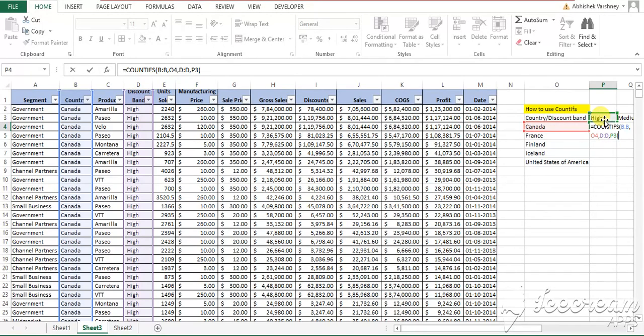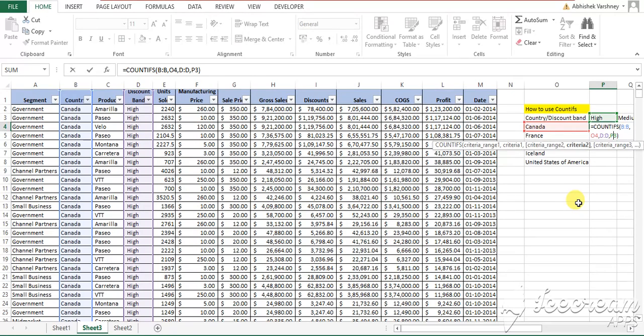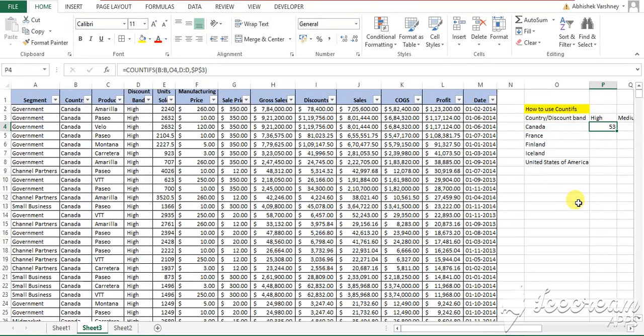We can add multiple filters in this formula. Now it is coming as 53. Same for the other countries also. Here I am pressing F4 to freeze the cell, because that will be common for all of these.